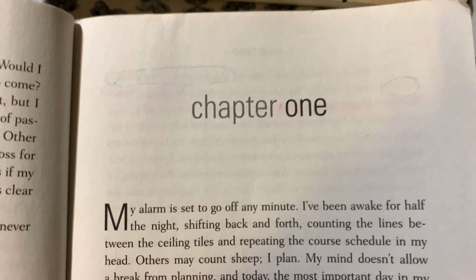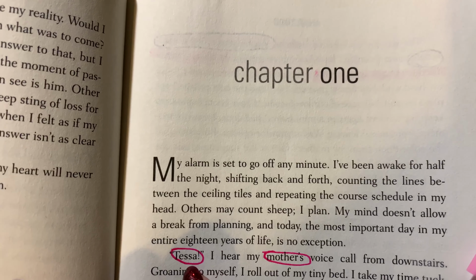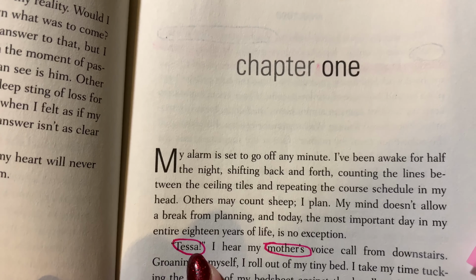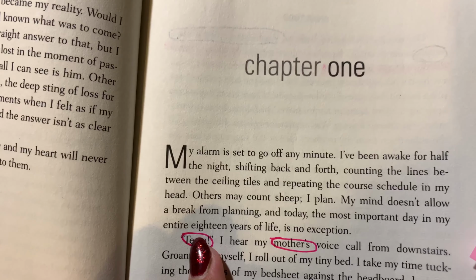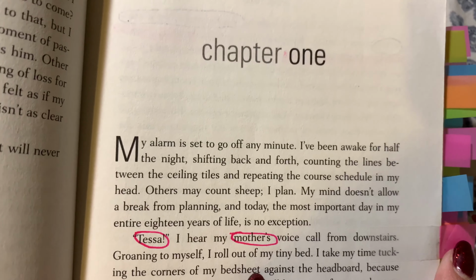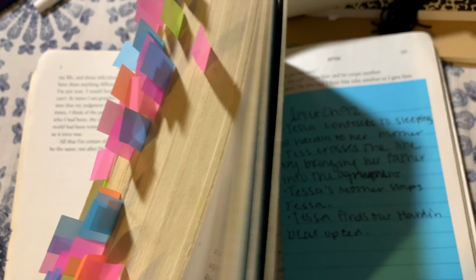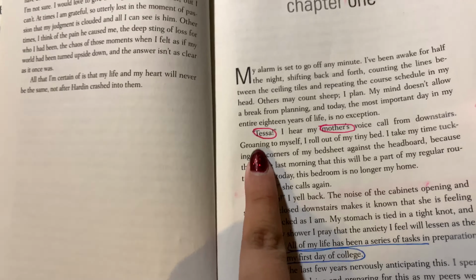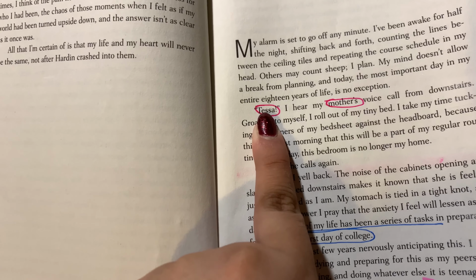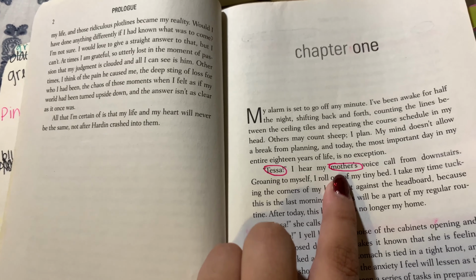So as you can see, this is chapter 1, and as soon as I see a name, I circle it in pink. I don't have a pink pen now, but obviously I did then, and then I put a little pink tab on it. I took out some of the tabs, that's why it's not all the way full, but there is still writing on those pages. But anyways, this is a character, so I circled that in pink as per this. And then the mother,